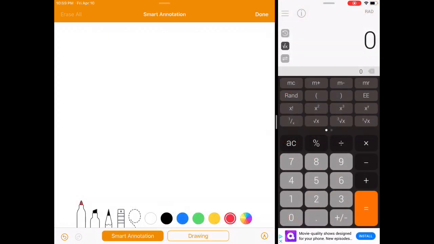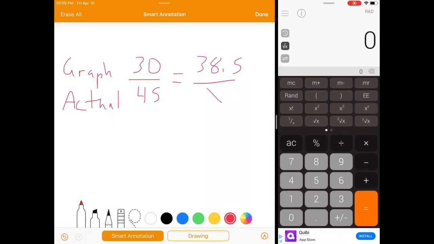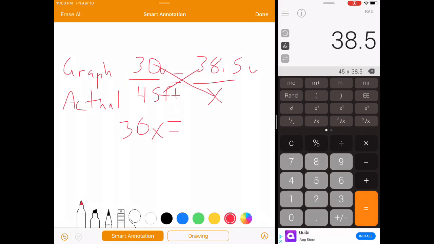One quick thing I want to throw in here. On the graph, my house was 30 units long, but it actually is 45 feet long. So I want to just show how we're going to change that 38.5 units to how many feet that we have here. So it's literally just setting up a quick proportion. So we're going to cross multiply. We're going to take 30 times x and 45 times 38.5. So we get